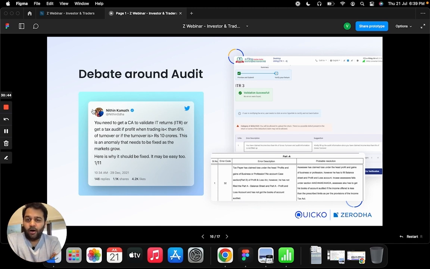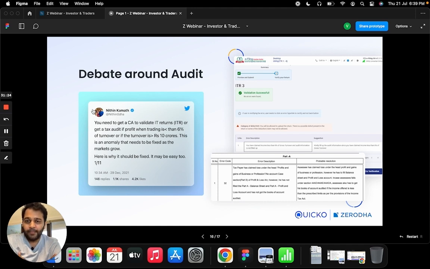However, the reality of the day is that tax audit is applicable to investors and traders. And what Nitin here is indicating is that it would be great if the finance minister and the income tax department in general reconsider tax audit applicability rules, especially for people investing in stock markets, right? Because it demotivates people. It's an additional compliance burden. And a lot of the time it's also very expensive to get your books of accounts audited, because somebody will have to spend time and sift through your financial transactions, your bank statements, your trading statements before they can certify your